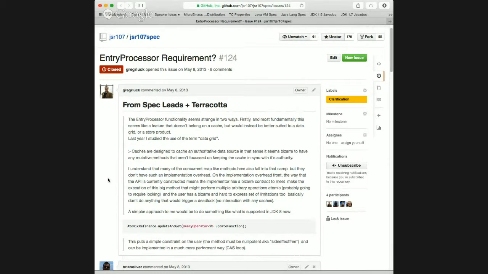That there's two things being discussed in here. One is my argument that the whole thing's completely nonsense and we shouldn't put it in the cache. But the second is, if you want to have something like this in the cache, please have something like update and get, which is what's in JDK 8 for this kind of thing on an atomic reference, because it makes much clearer the nullipotent contract that's placed on the lambda that you pass in, because at the moment that's not clear at all,